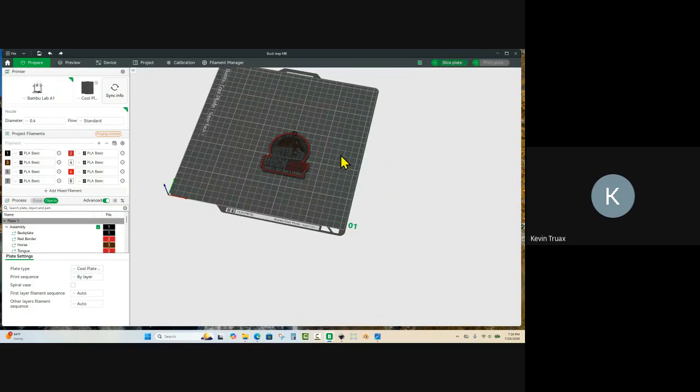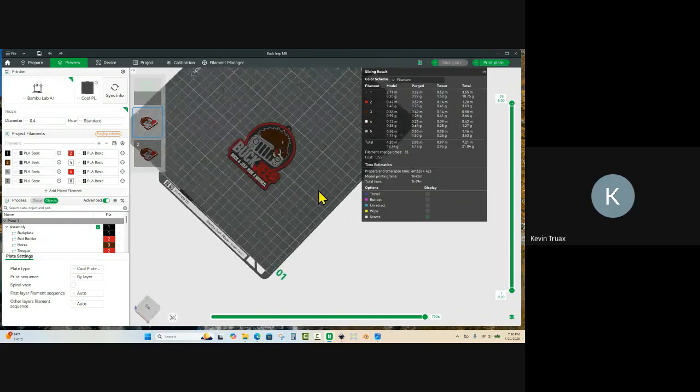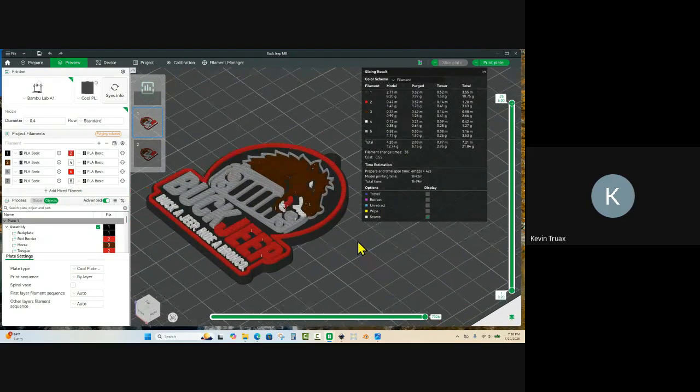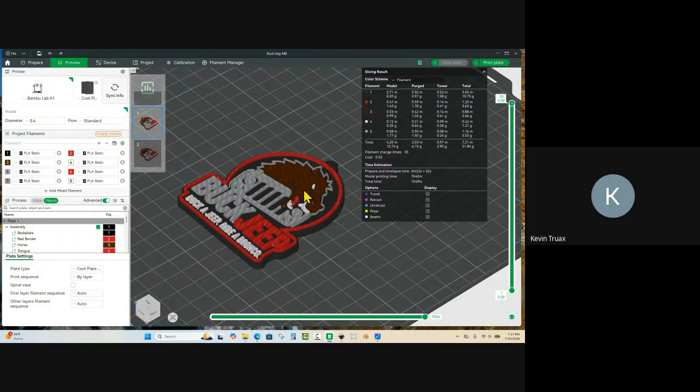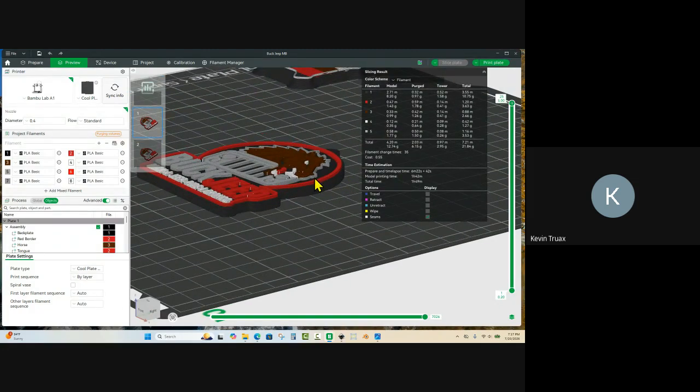So if we slice this one, it is 1 hour and 49 minutes, 35 color changes. Okay, and what's happening here is, first of all, we have 5 colors, right? And it is 6 or 8 millimeters deep, and we have lots of colors on the same layer, and some of that we can't escape, right? Even though it's 1 millimeter on the gray, we also have red on the same layer, and we also have white on the same layer. So it really wouldn't matter in this case, even the embedded layers, because we have brown, we have gray, we have white, and we have red